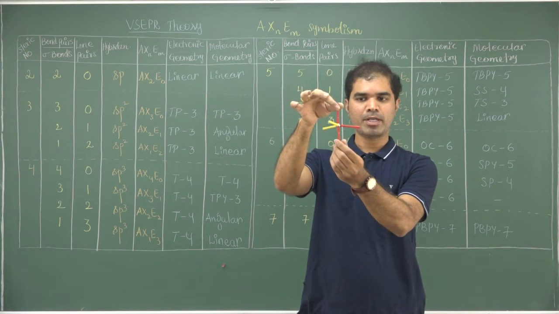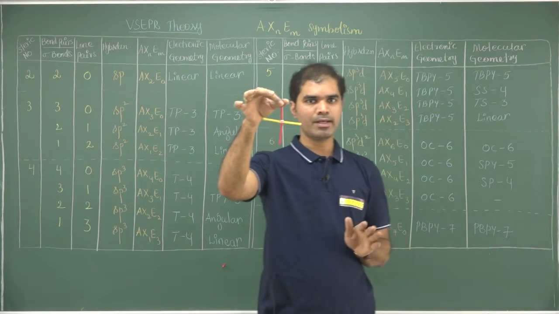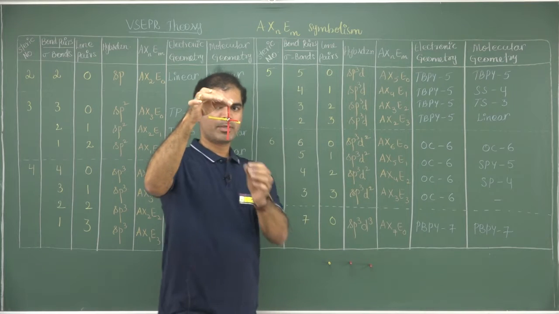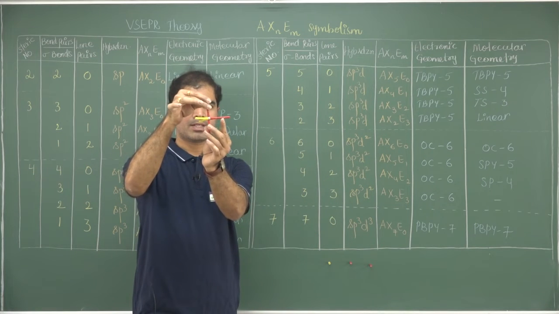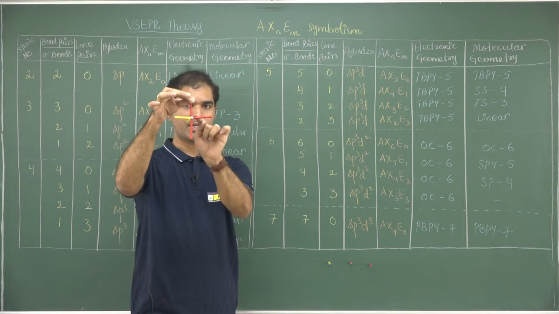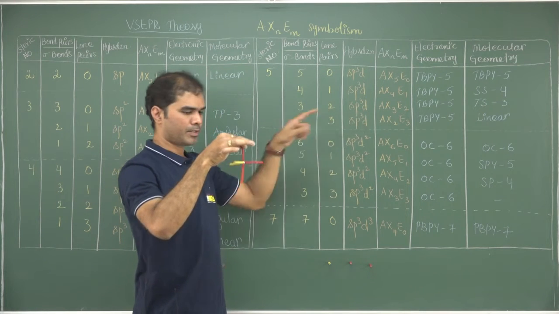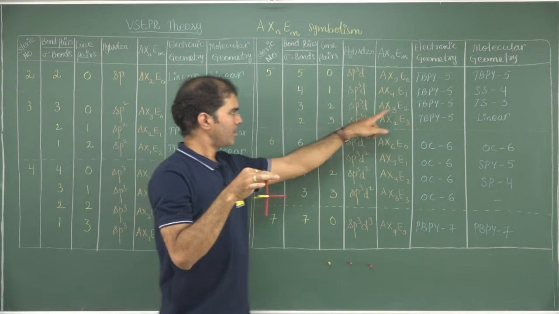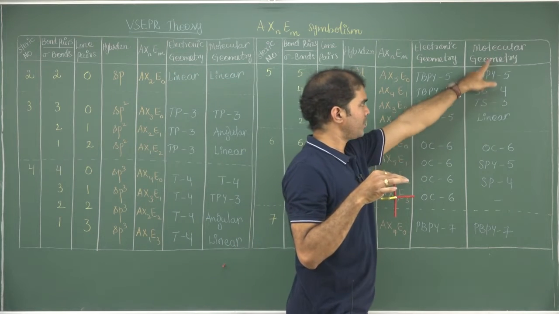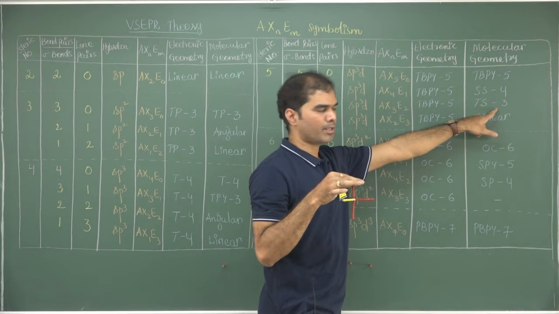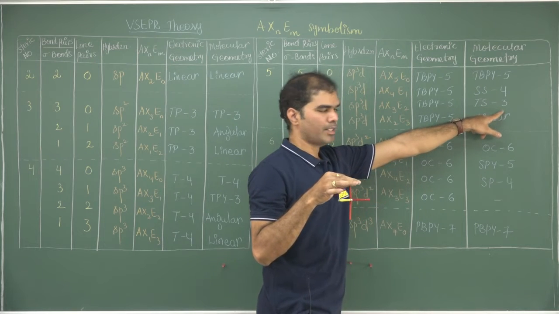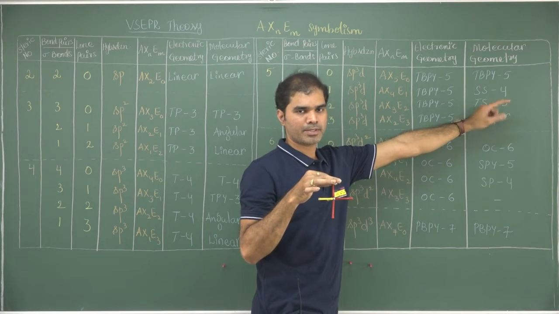It is a trigonal bipyramidal geometry sterically, but for the molecular geometry, you can just watch the red ones. These are the bond pairs. It is looking like a T shape. So whenever there are 2 lone pairs, now the shape is TS3, which is the molecular geometry. TS, right? It is T shaped with 3 surrounding atoms.